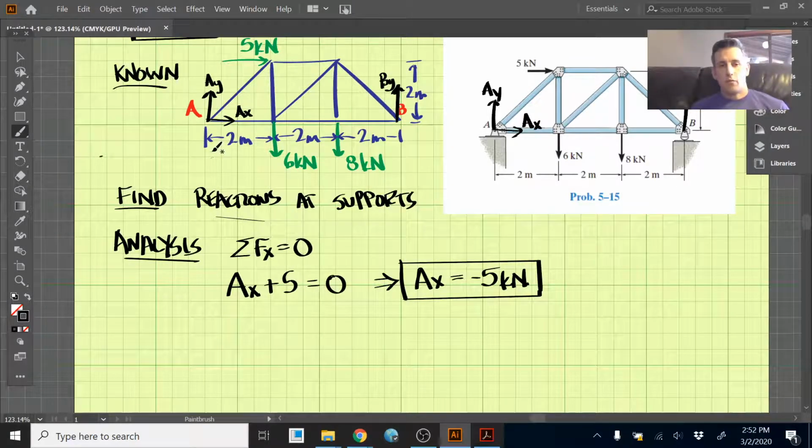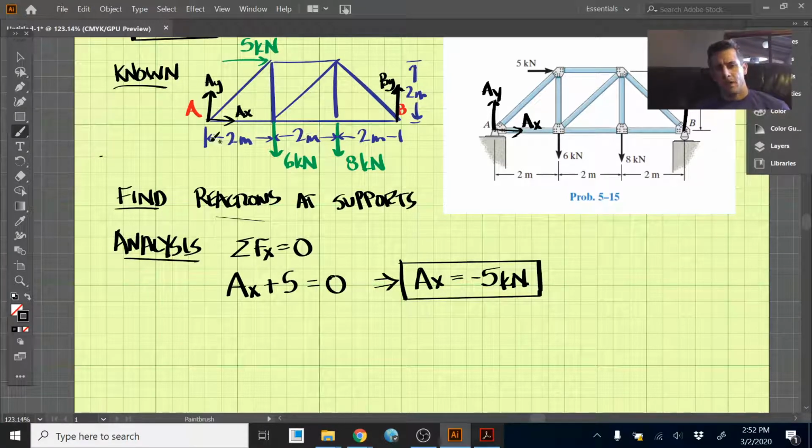Now, we could sum the forces in the y direction and set those equal to 0. But if we do that, you may be able to see that we have AY and BY both pointed in the y direction here. So we'll have two unknowns. We don't know AY and we don't know BY. So we'll have two unknowns in one equation, which doesn't make that directly solvable. But I think there's an easier way to make this directly solvable. So if we take the moments around point A, we know that those have to be